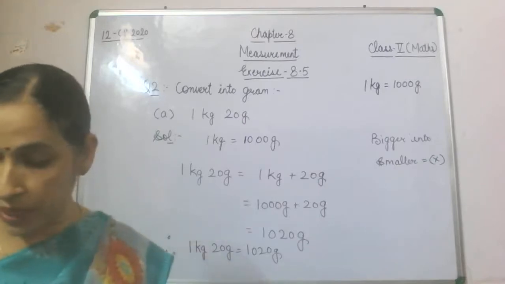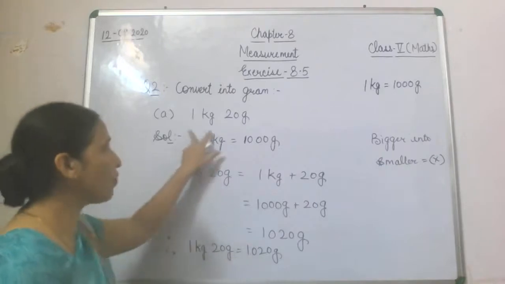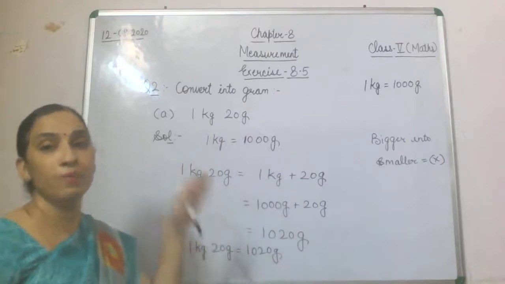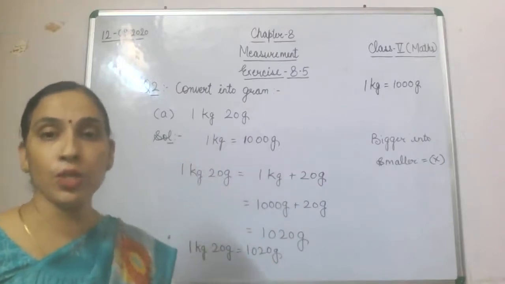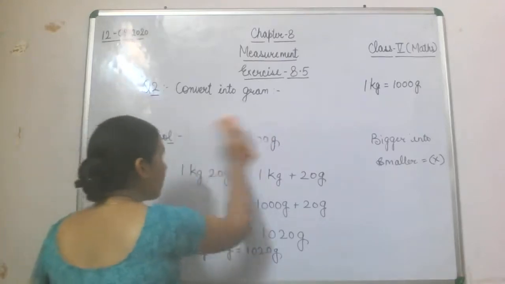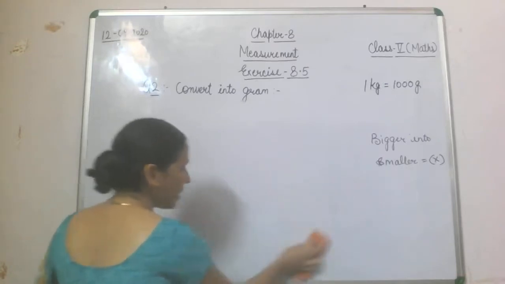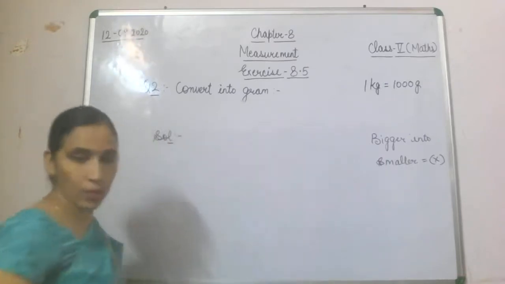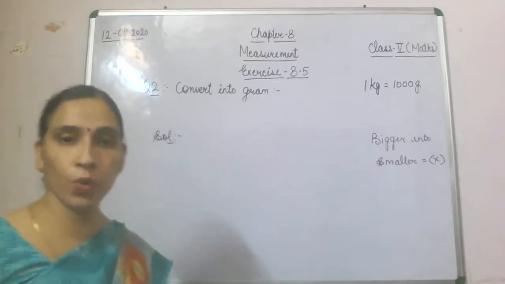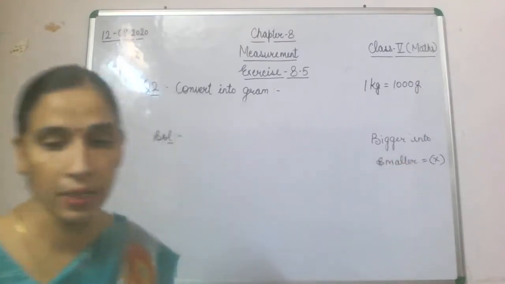Now children, the next part of this question is not in these kinds of two parts like 1 kg 20 gram or 4 kg 20 gram or 4 kg 50 gram. In that question you have been given the weight in decimal. And now we have to understand how we are going to do that. Now in all these questions we are going to use this only: 1 kg is equal to 1000 gram. So I am not erasing it. That will be written on the board only. And the other thing, that bigger into smaller you are supposed to do multiplication.